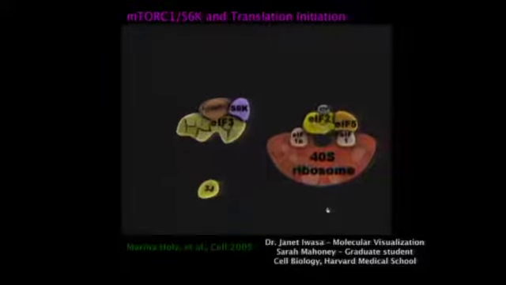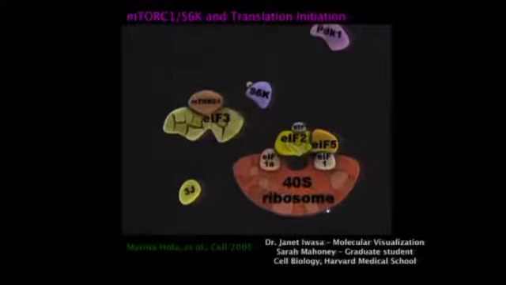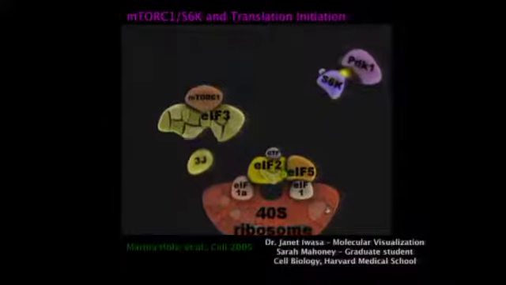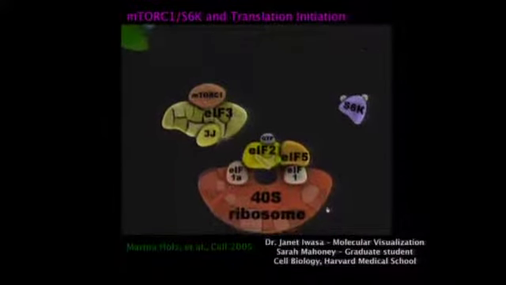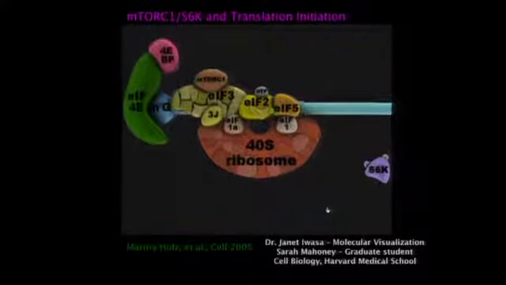Okay, so what you want to imagine here is that you have starved cells and you're stimulating with nutrients and growth factors. And what Marina found by these co-IP experiments was that when you stimulate cells with nutrients, all of a sudden mTORC1 will bind to the eIF3 scaffold complex. Now it's in proximity to phosphorylate S6 kinase at a single site, T389. That's not sufficient for activation, but it causes dissociation. Because if you mutate that to alanine, it doesn't dissociate. If you mutate it to aspartic acid, it's always away. 3j binds. This is not active, but Dario Alessi showed that PDK1 will bind, phosphorylate, and activate the enzyme. This then forms a complex that binds to the cap of the mRNA.